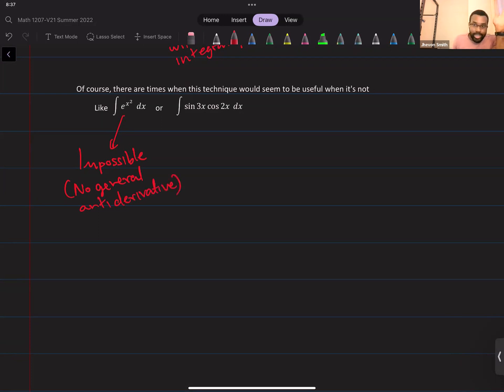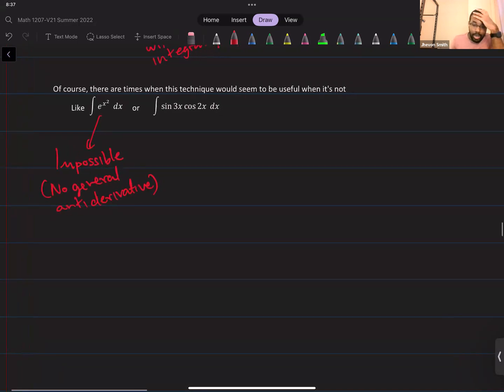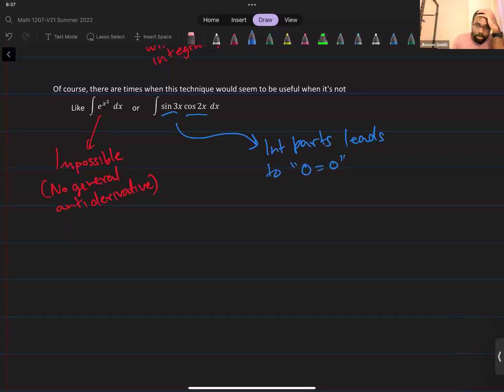So no technique that we've learned in class is going to do this one, because that one can't really be done. This one, though, if you have the two trig functions multiplying by each other, it would actually lead to integration by parts. If you try integration by parts, you would end up with a 0 = 0 situation, like both sides of your equation would cancel. But the trick here is